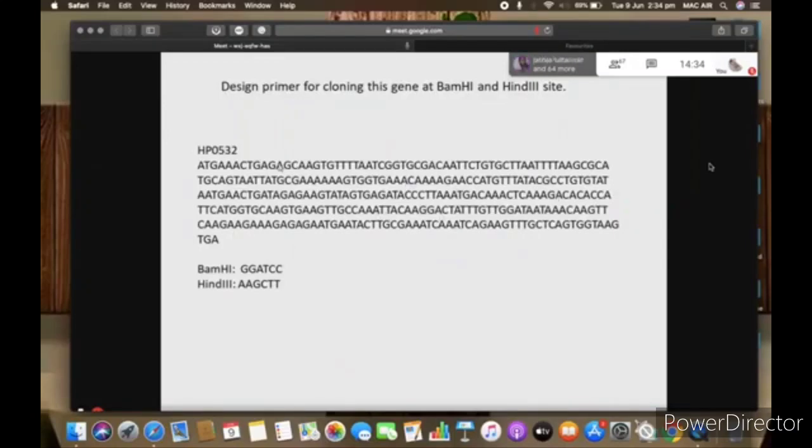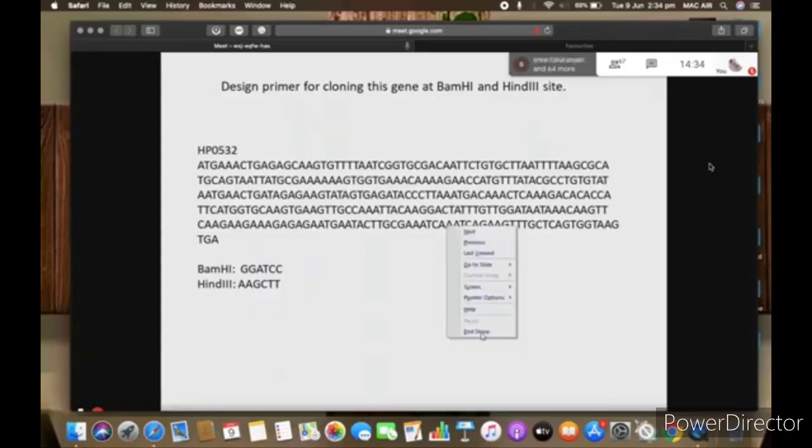If suppose HindIII is absent, then yes, we can clone at HindIII. Then we select another, is NcoI present or not. In this way, we have to find out which restriction sites are absent. Then we can choose cloning sites out of those absent restriction sites. Now, this is the manual method to search.